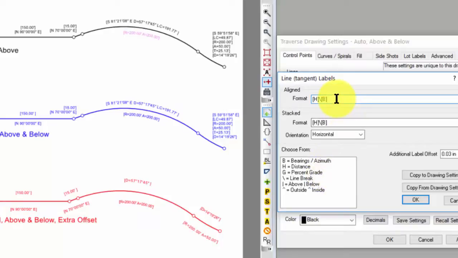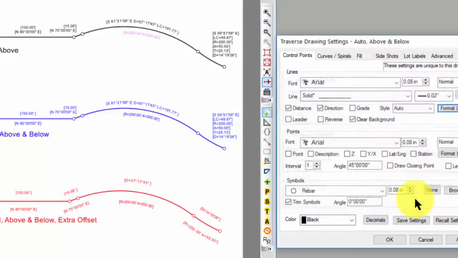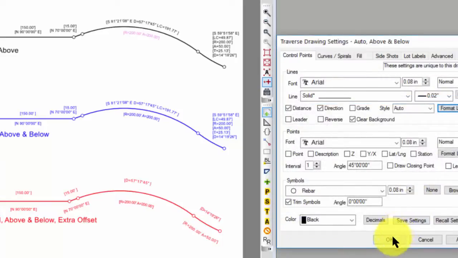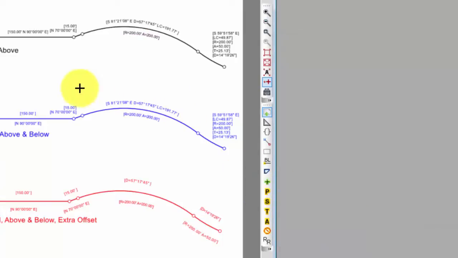But anything else, I'm free to put what I want. So I put brackets around it, and let's take a look at the label now. And I can see that I've got brackets around both the distance and the bearing. If I wanted to change this so that everything was on the same line and had brackets at the beginning and the end, then I could simply say OK, and Traverse PC would line